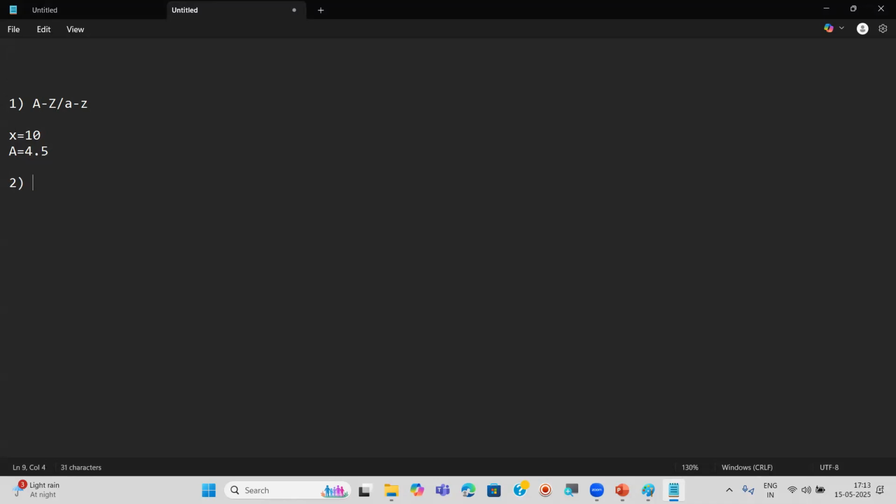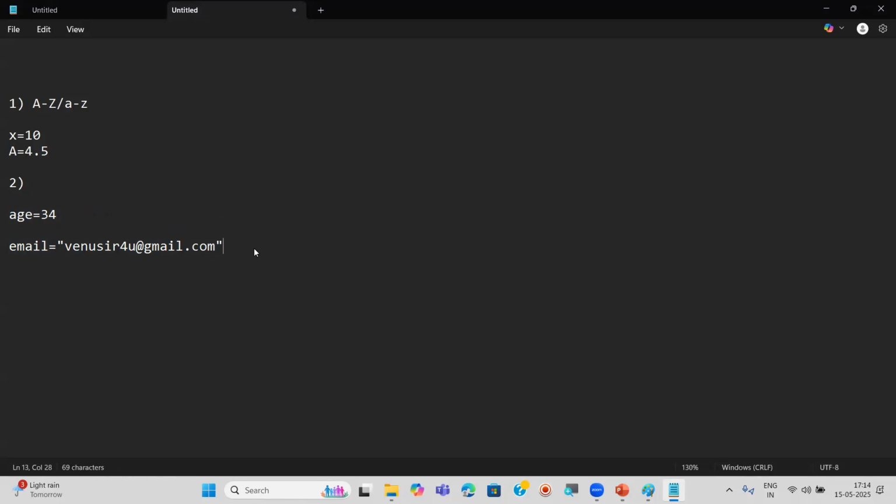Next, using a sequence of alphabets. For example, age equal to 34, or email equal to some email here, for example, venu at the rate gmail.com like this. So it depends on the data. Suppose this 34 is an age, so you can give the name age here. Now this string is an email, that's why you can give the name email, like that, instead of using ABC XYZ.